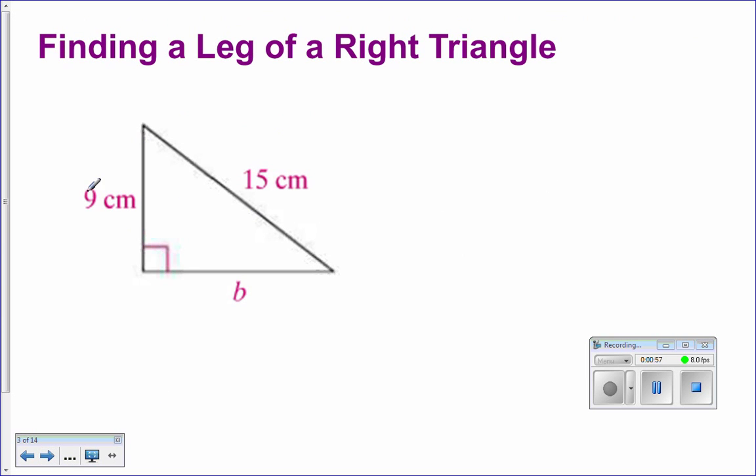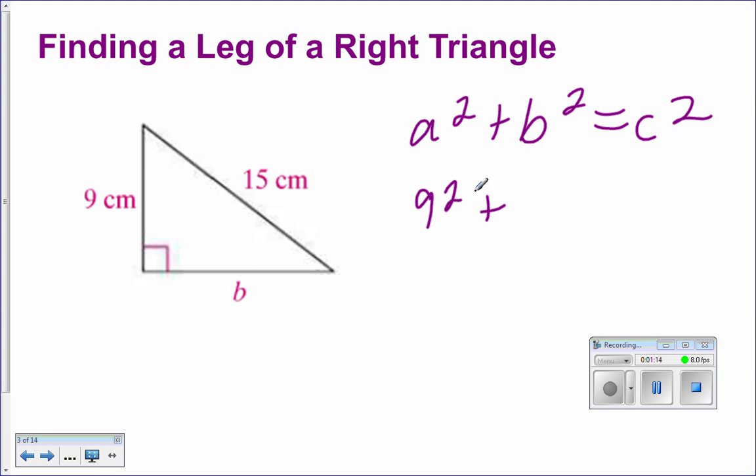So before we were finding the hypotenuse, now we're given the hypotenuse and we need to find the leg. So we're still going to use a squared plus b squared equals c squared. A and b are our legs, so I have 9 squared. I don't know what b squared is, so I'm going to leave it b squared. And then I'm going to take 15 squared, because c is my hypotenuse, because it's the side across from the right angle. So again, you want to make sure that you're showing all of your work so you can follow your steps. So, we know that 9 squared is 81